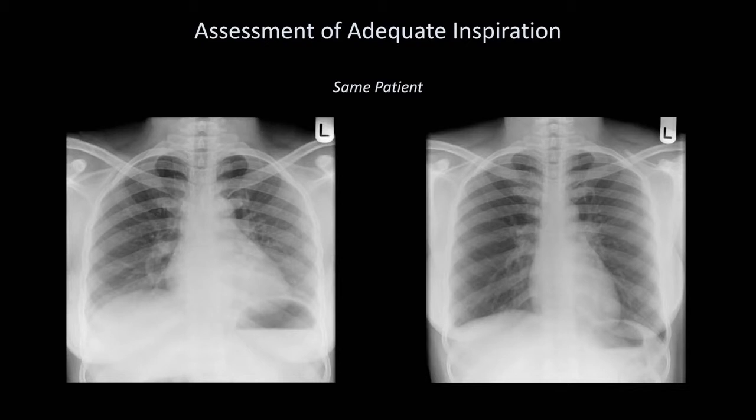the left. One important side note is that while it is perfectly appropriate to refer to the film on the right as demonstrating a good inspiratory effort, I advise you to avoid referring to the film on the left as a poor inspiratory effort without having another good quality film in the same patient against which to compare it. That's because a variety of lung diseases can result in low lung volumes, which can have the identical appearance to